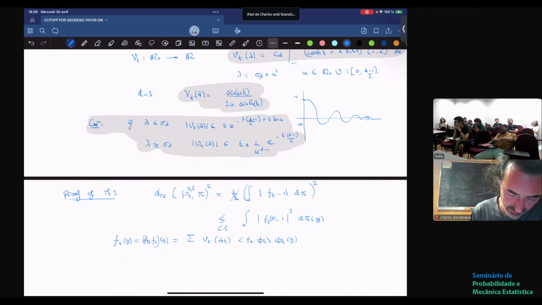Okay, and since the phi k are orthonormal, you can use Pythagoras theorem, which tells you that this integral is exactly equal to the sum. You use that nu t of 0 is 1, and that phi 0 is just a constant function. So the minus 1 just kills the first eigenmode, and you get the sum over all k larger than or equal to 1